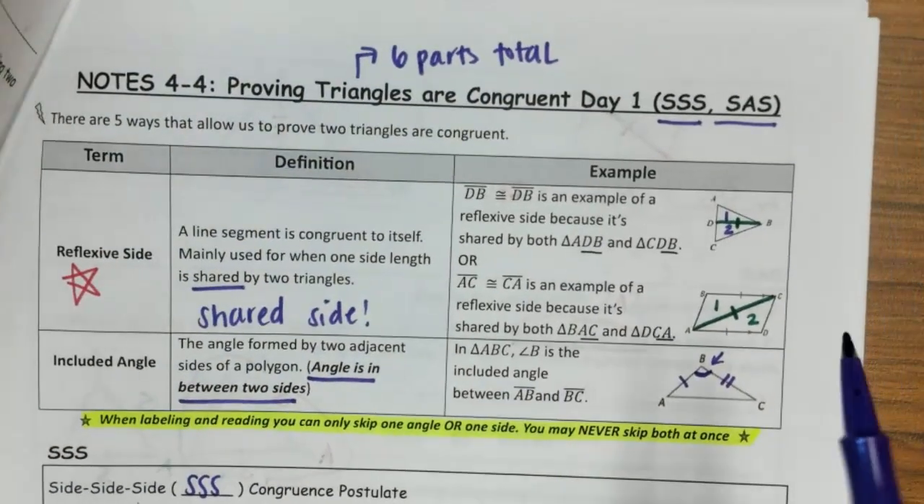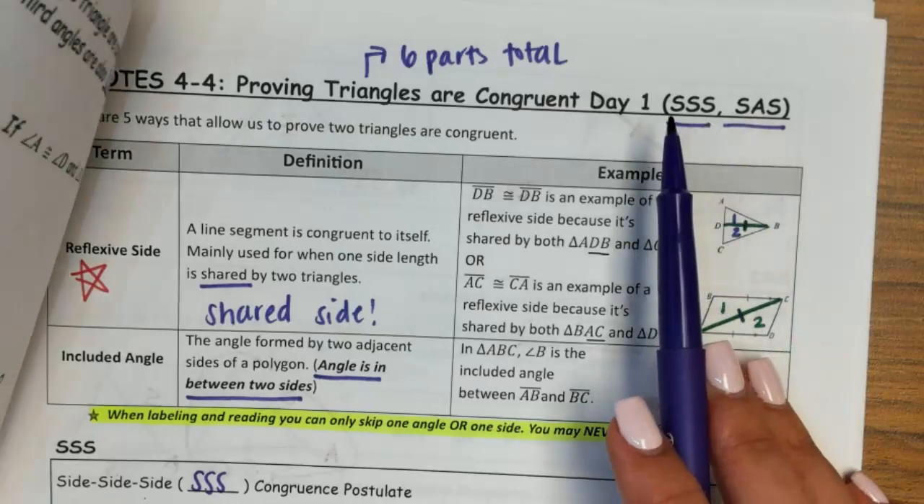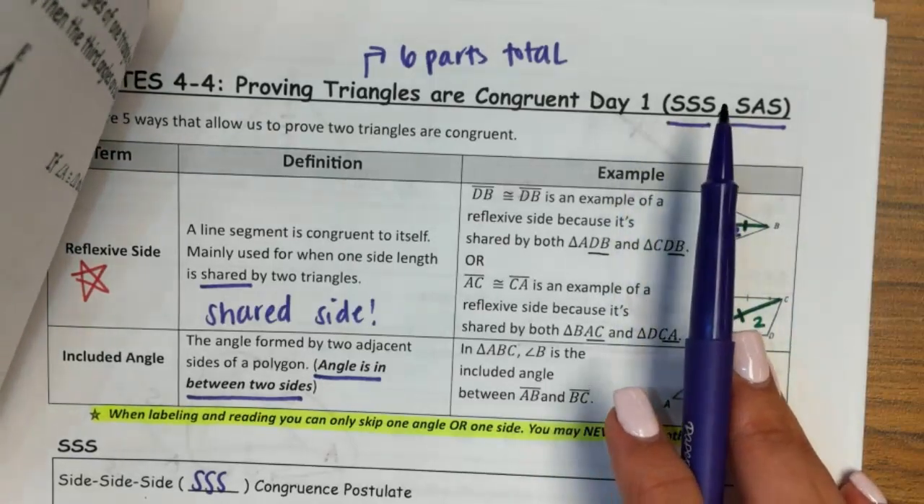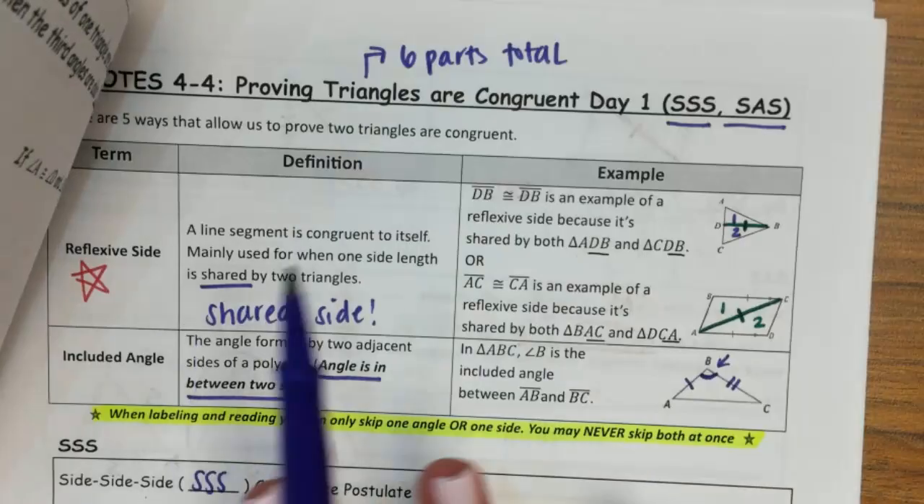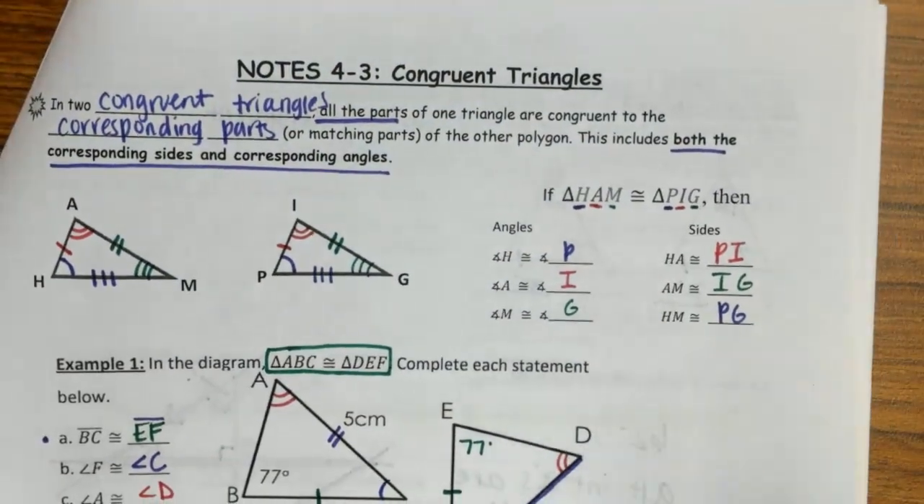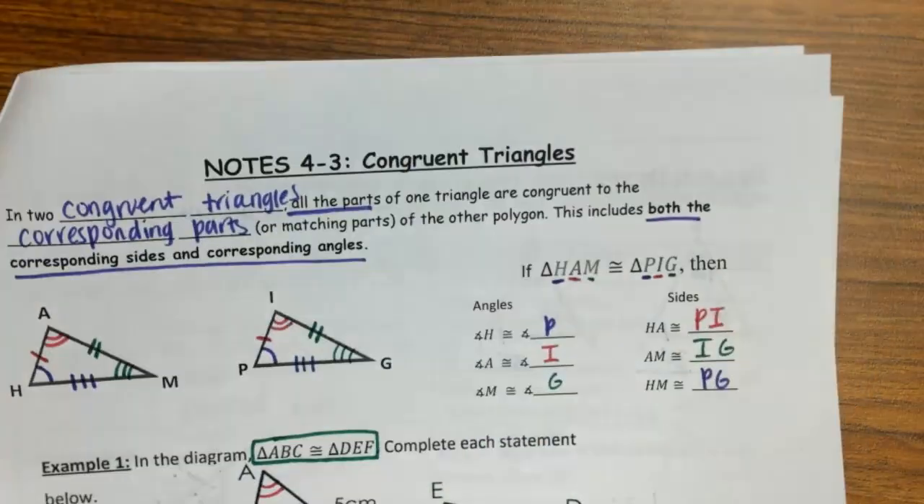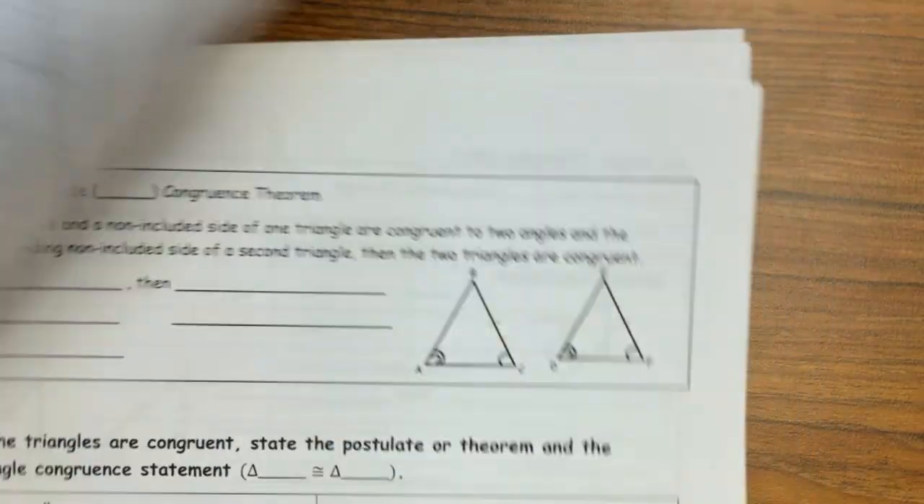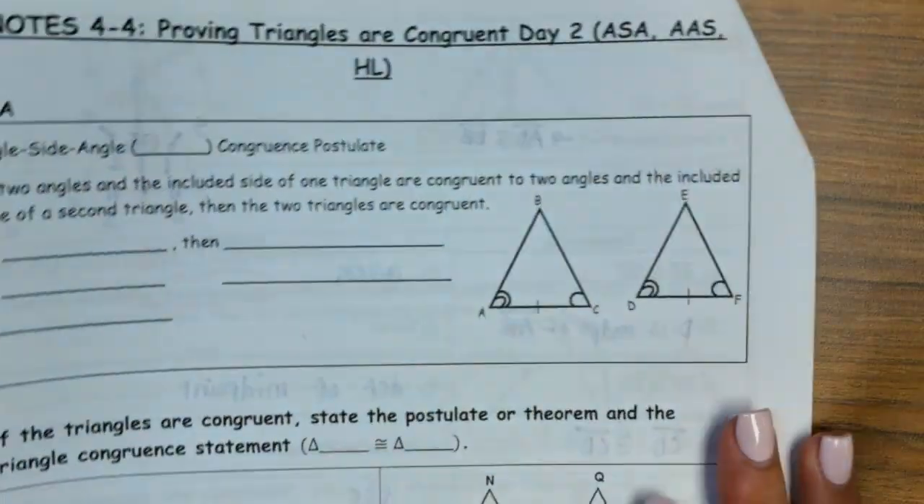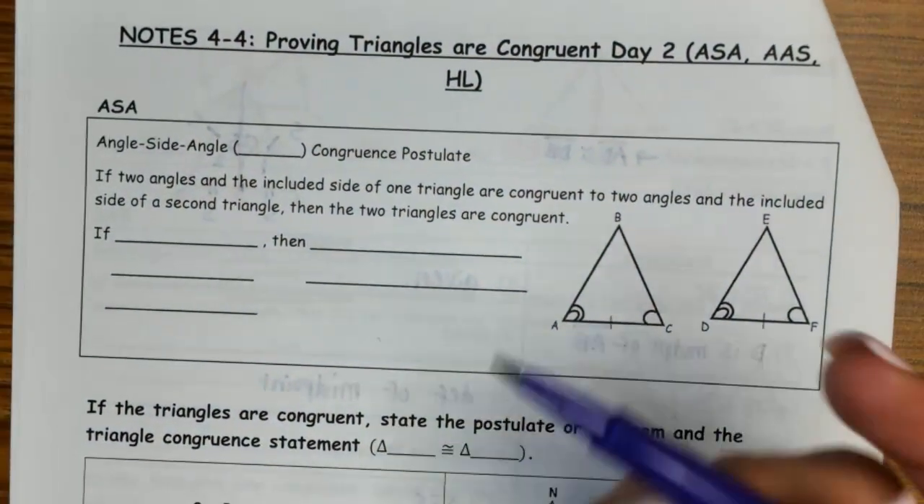And then we talked about our first 2 shortcuts, where if I can prove side, side, side, or side, angle, side, then I don't have to go through all 6 parts, because these are shortcuts to proving triangles congruent. Okay, so we're going to talk about the last 3 of these today, and the first one is angle,